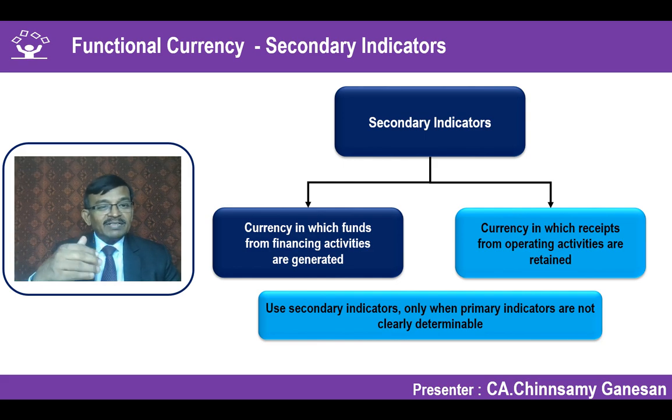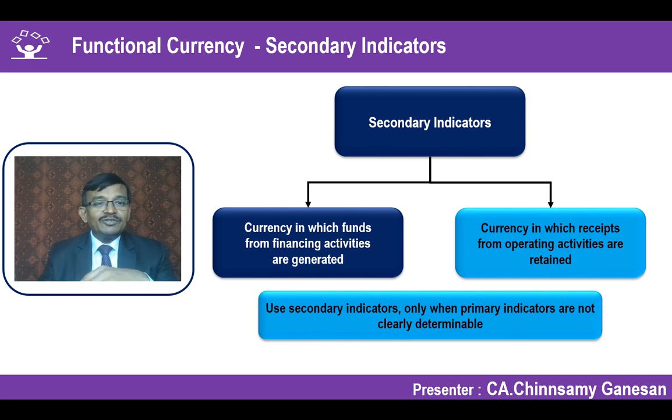For a simple reason, if it is already clear, why do we have to confuse ourselves further? It's a simple way of understanding. Only if it is mixed, then we go for secondary indicators. So we understood this. Suppose the secondary indicators are also not giving clarity, then it is based on the